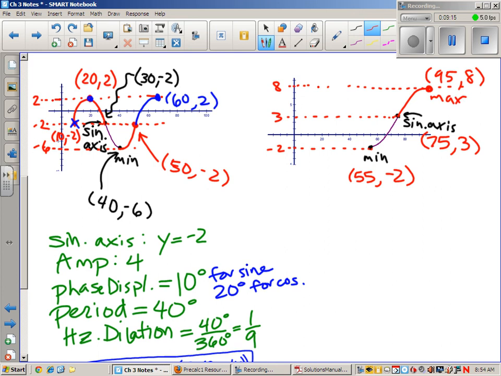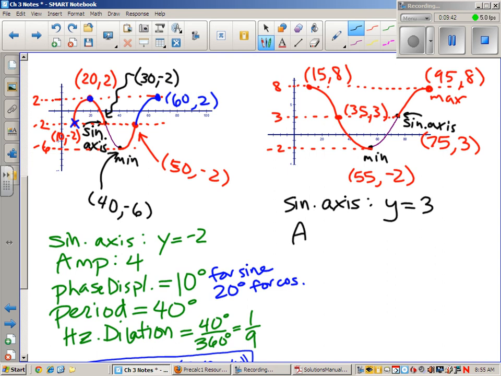Okay, going back another 20 degrees would be here on the sinusoidal axis again. This would be 35, 3. Maybe going another 20 back would be at 15, 8. So since I've already gone to there, let's say I'm doing a cosine for this one. Okay, I can see my cosine. So sinusoidal axis, that's y equals 3, amplitude, 5 above and 5 below that, I get 5 for my amplitude. Phase displacement,